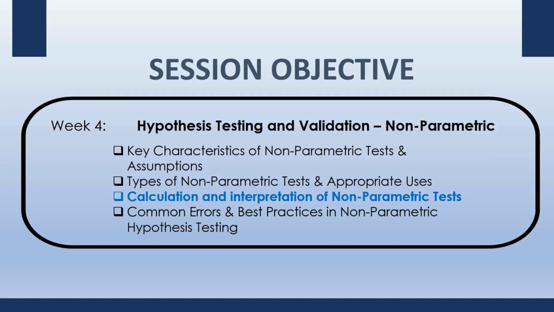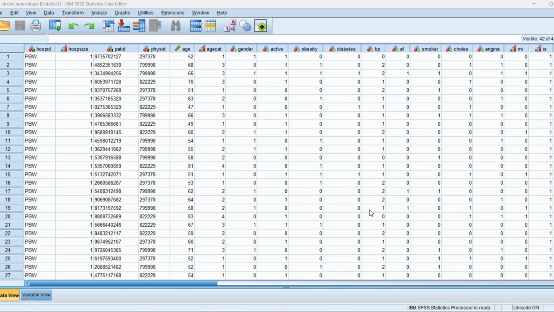By the end of this session, you will be able to compute the non-parametric hypothesis tests using SPSS and interpret the results in context of your research. Let us begin with the chi-square test, which is a test of independence. For this, we will be using the sample dataset in SPSS